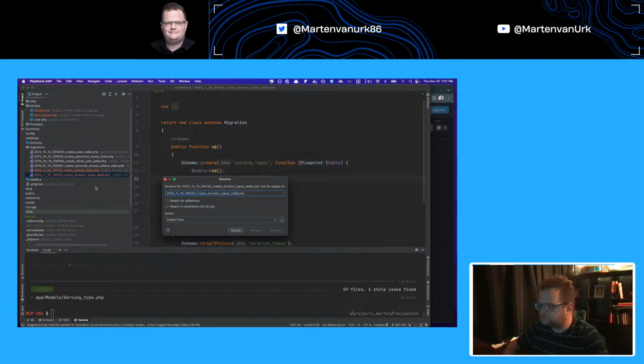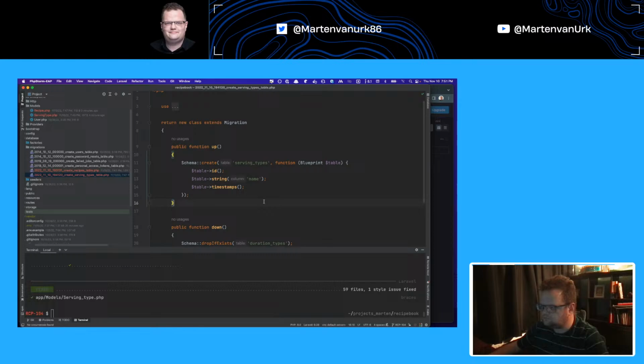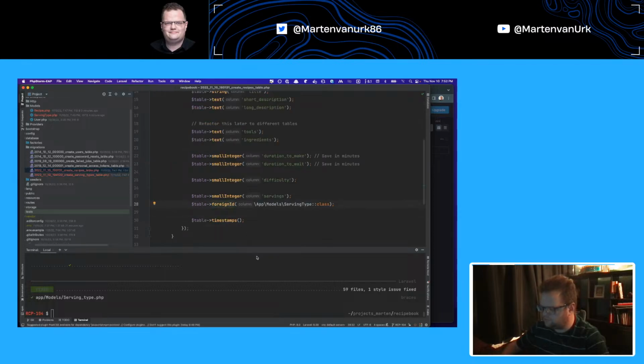We need to refactor this serving types table. Okay, then change this for ID probably, and I think we can leave it at that because we don't use the